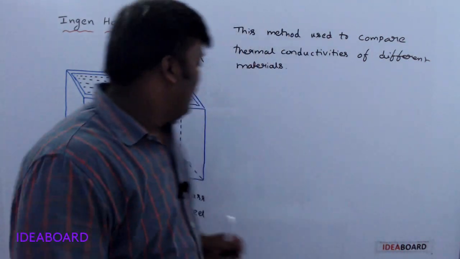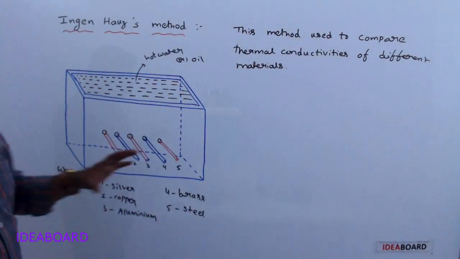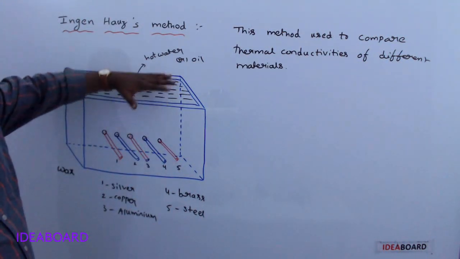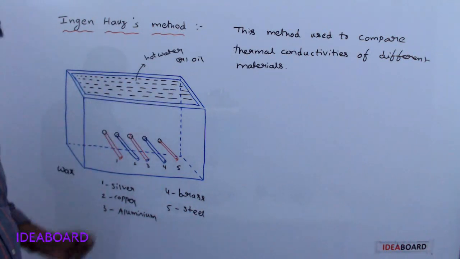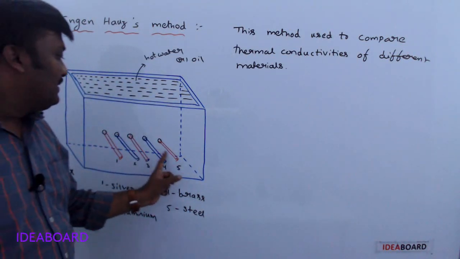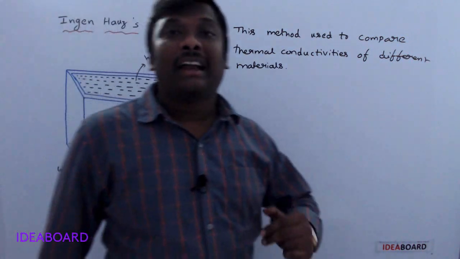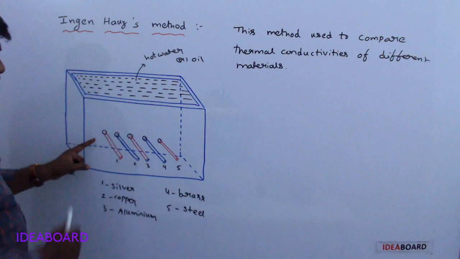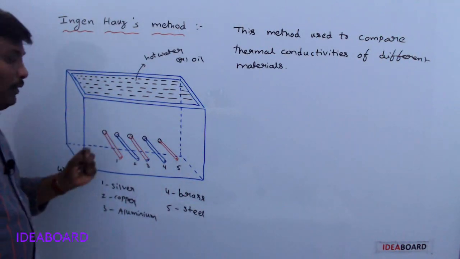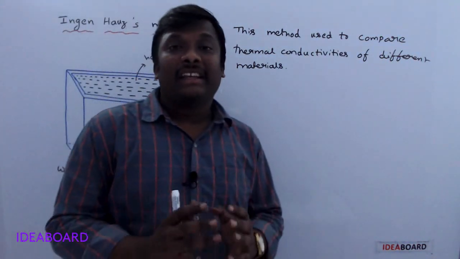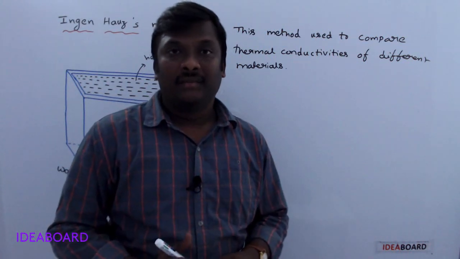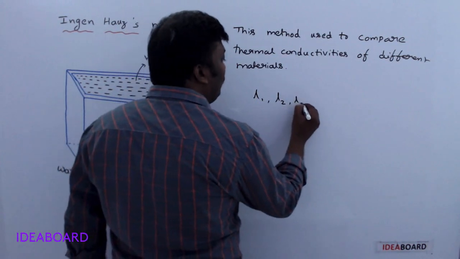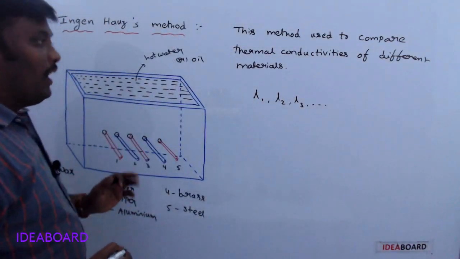Clear? So after a long time, if you observe what happens, whenever hot water or oil is inside, different metals have different thermal conductivities. That's why the wax we coated on the rods is melted in different ways. Let L1, L2, L3 and so on be the